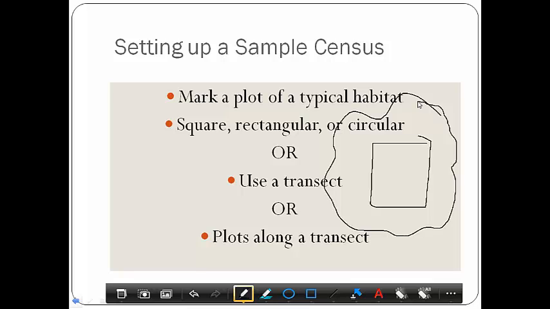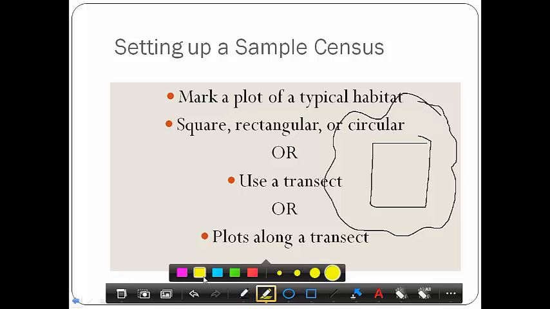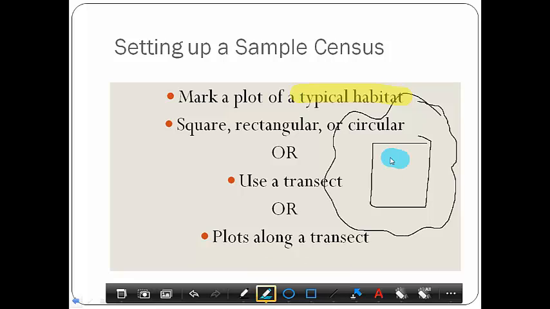And the important part of this area is that it's a typical habitat. So if the majority of the habitat doesn't have much access to water, we don't want to pick out a habitat that has a lake right smack in the middle of it. Right? That wouldn't be the typical habitat for the larger area. So we want to try to find a habitat that's as representative of the whole as we can, and then make that our plot. And again, it could be all sorts of different shapes or sizes,